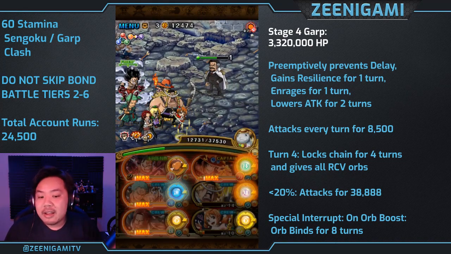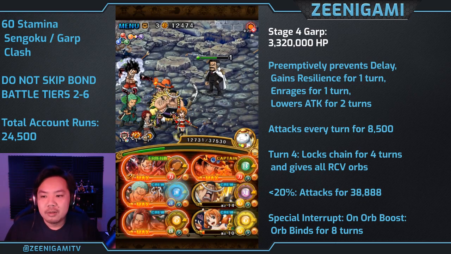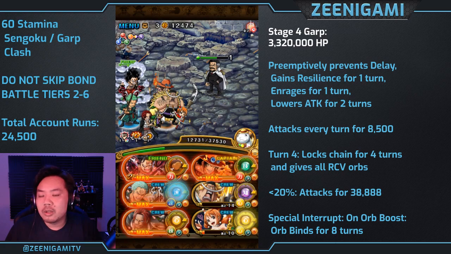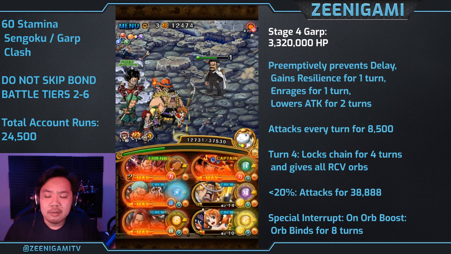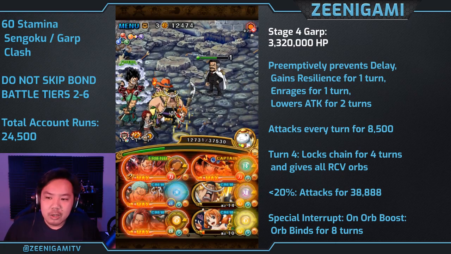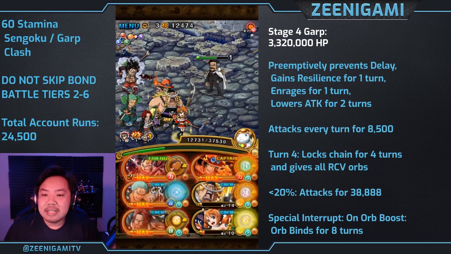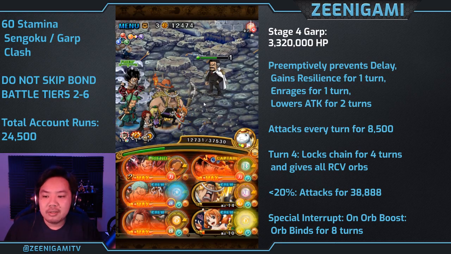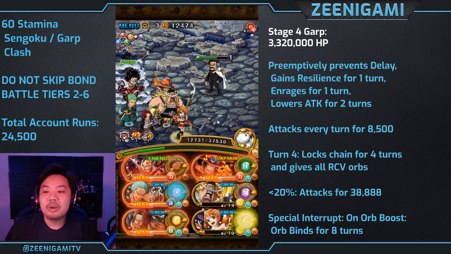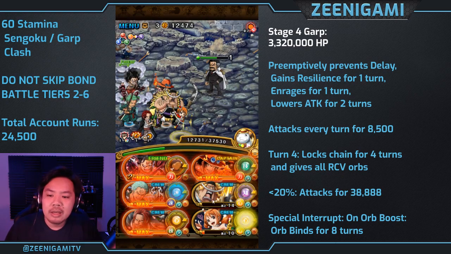Sengoku, on the other hand, has 2.5 million hit points. He also doubles his attack for 2 turns. He'll lock your chain, or lower your chain, for 4 turns, which Nami will mostly get rid of. But the big difference on Sengoku is when Sengoku dies, he's going to deal about 14,000 damage on death to you. So against Sengoku with less health, you could try to, if you have enough matching orbs or strength orbs,